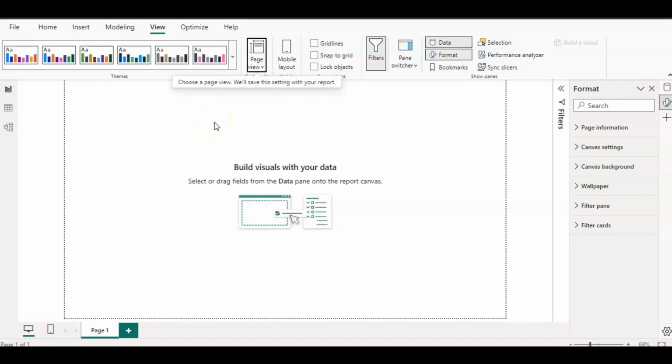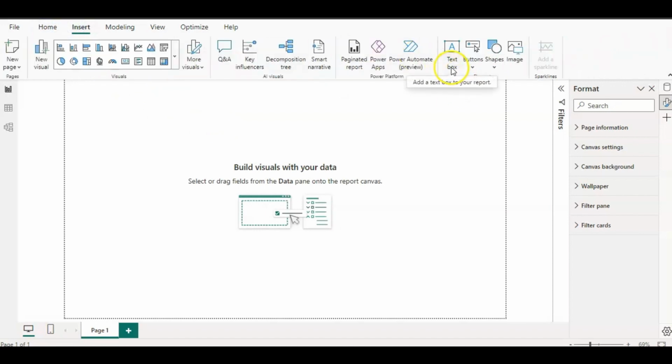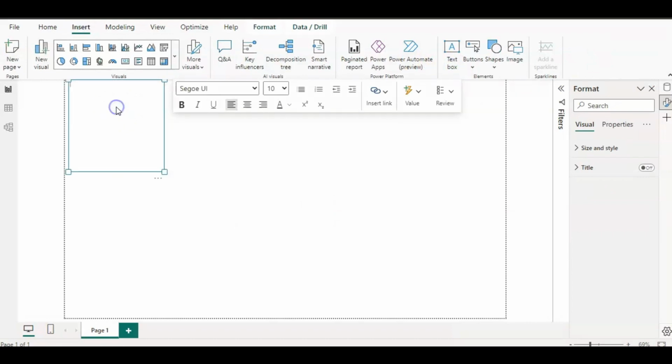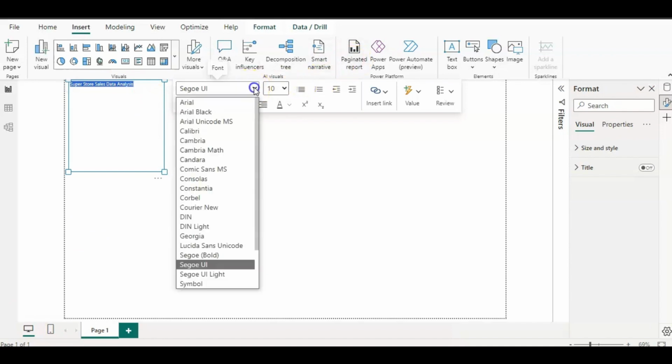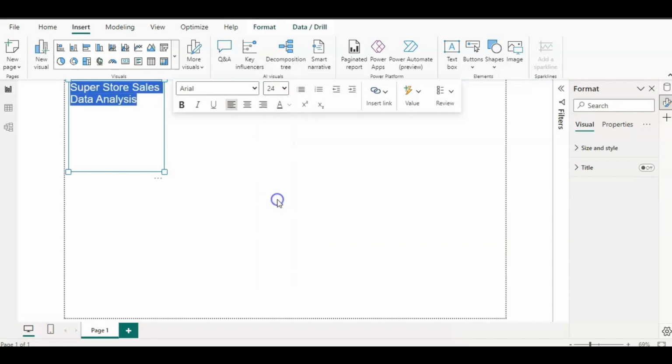Then let's create the chart title. For that, let's go to Home tab or Insert tab and select this text box. Then let's write it down as Superstore Sales Data Analysis. Now let's select the text and make it Arial, text size 24, bold, and the alignment as center. Now let's select the text box, then go to Visual, then here in